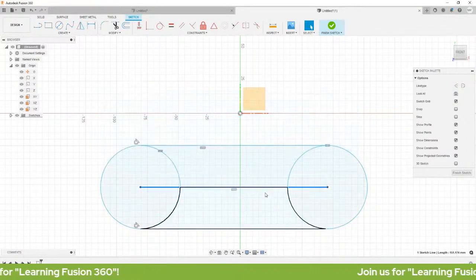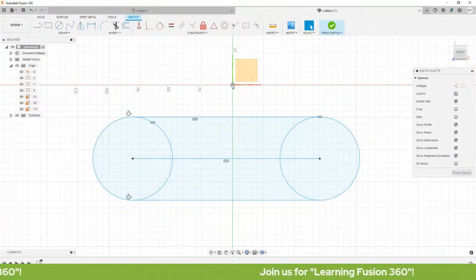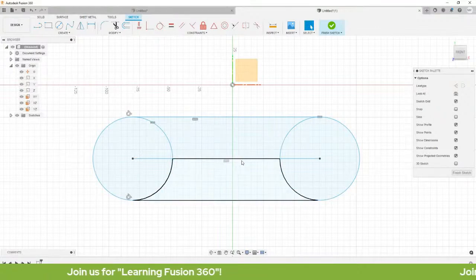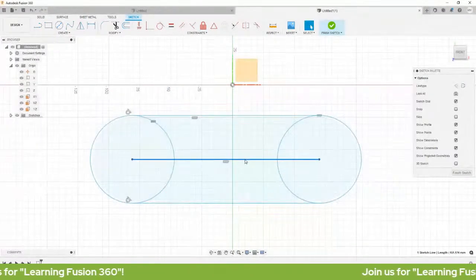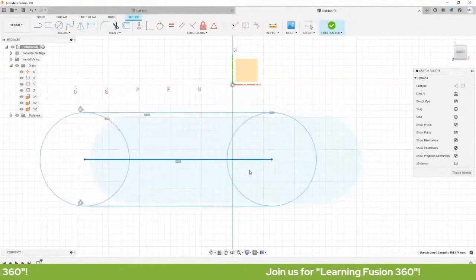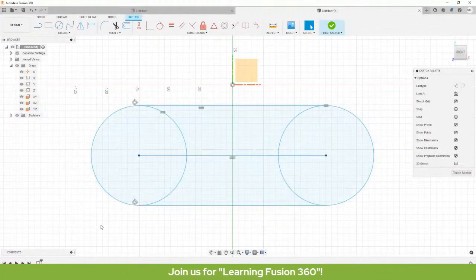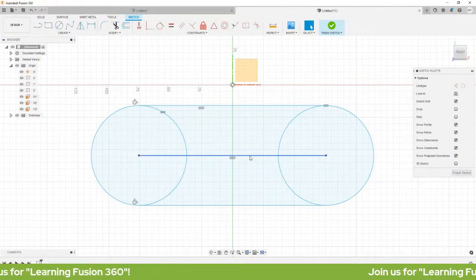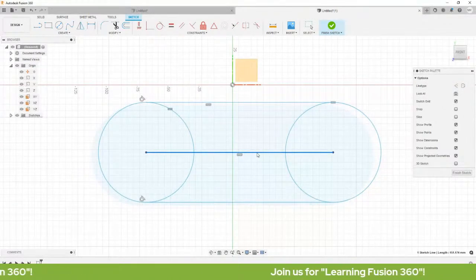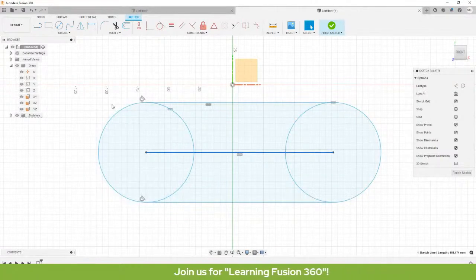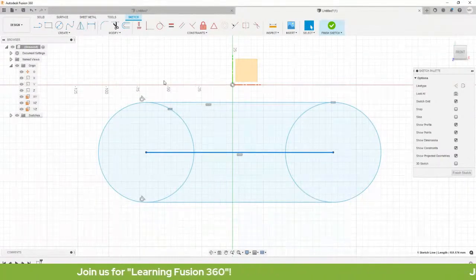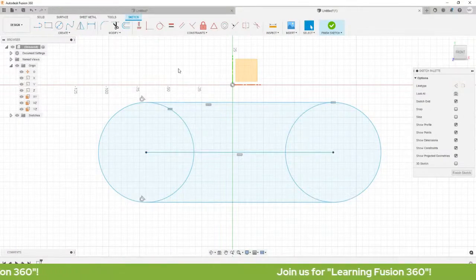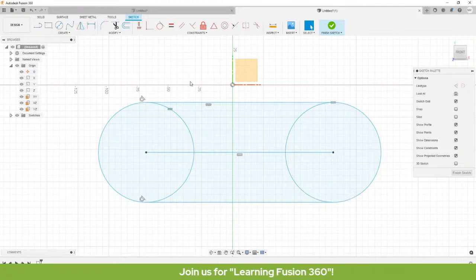Okay, so napakahalaga na nag-start tayo or yung ating mga models ay nasa origin. Okay, para hindi siya gumagalaw. So right now kasi wala tayo sa origin, kaya namumove natin siya. So, ang indicator niya kung hindi siya fully constrained ay ang lines niya ay in the shade of blue kay Fusion. If may kulang kang dimensions or may missing na constraints, color blue siya. So, pag fully constrained na siya, color black naman siya.